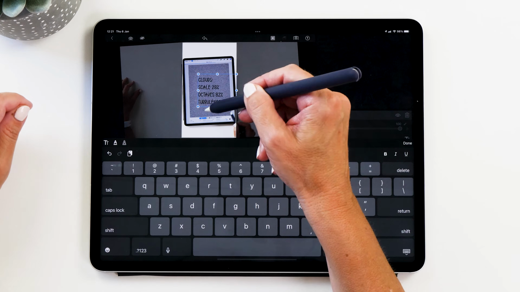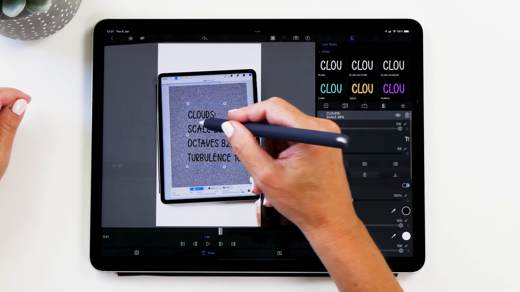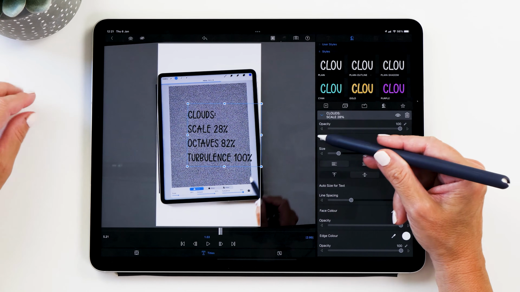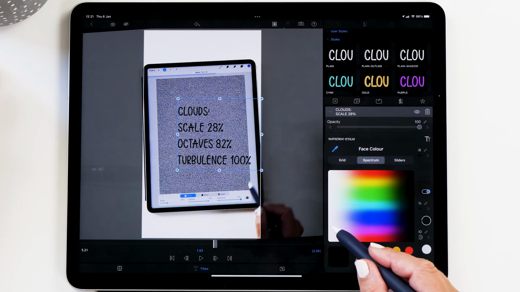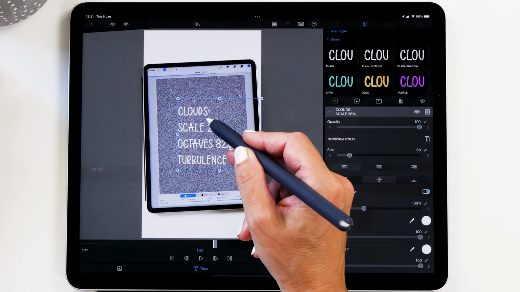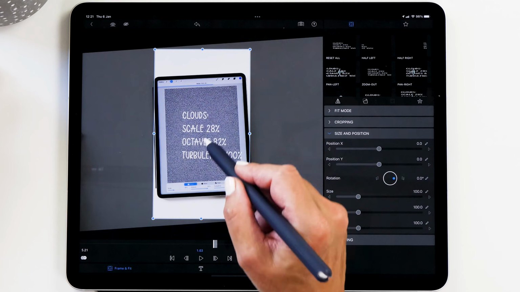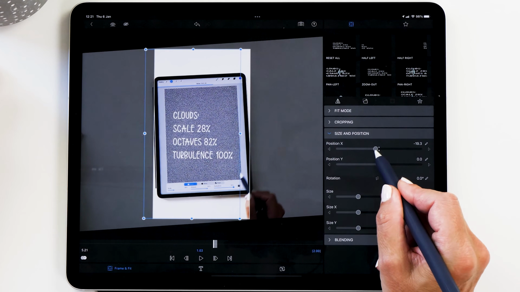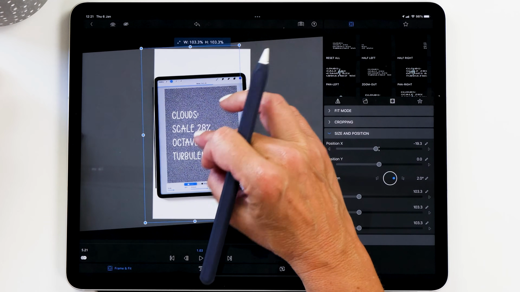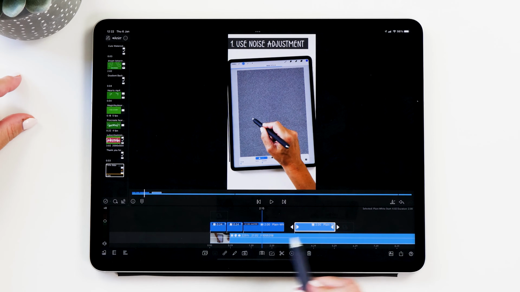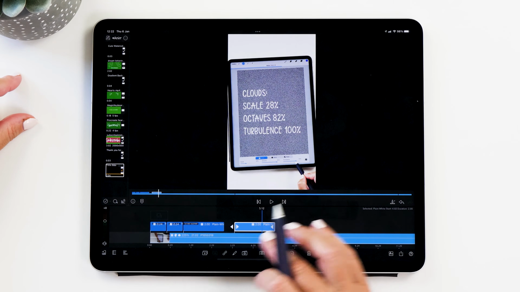And then we're going to add all the values here, and again change the font to the Happy New Day font. We can change the face color to white. And then you might also want to adjust the positioning here a little bit. Maybe it looks nice if we slightly adjust the rotation here. And so now we're going to do the same thing for the duration of our video.